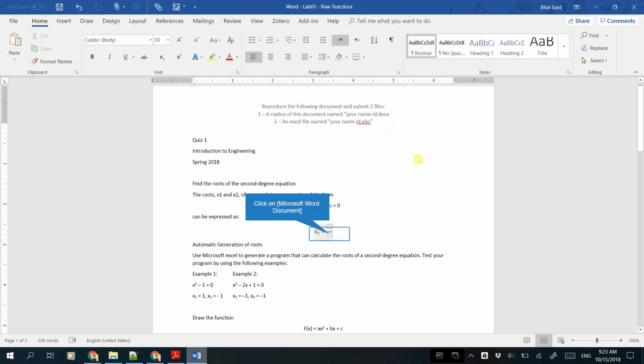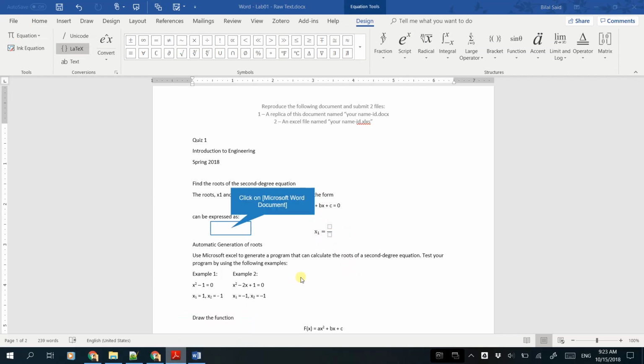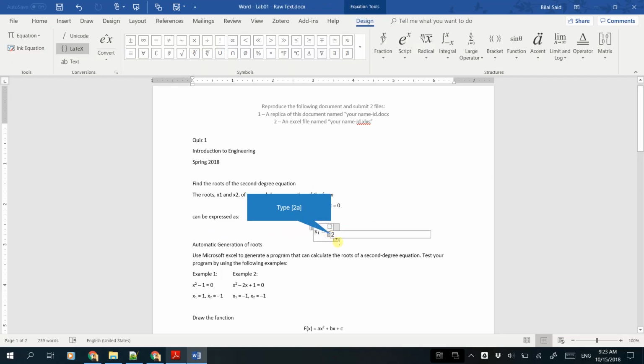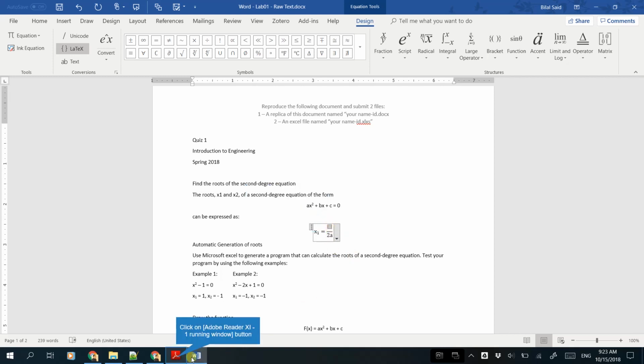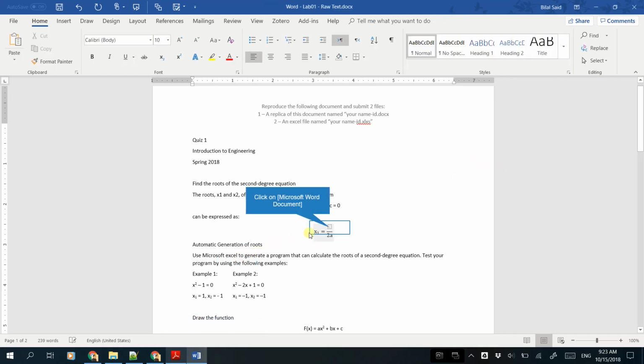First, I'm going to fill in the second part, which is 2a. It's quite easy. I'm going to type 2a, and then get back to the first part and type minus b plus